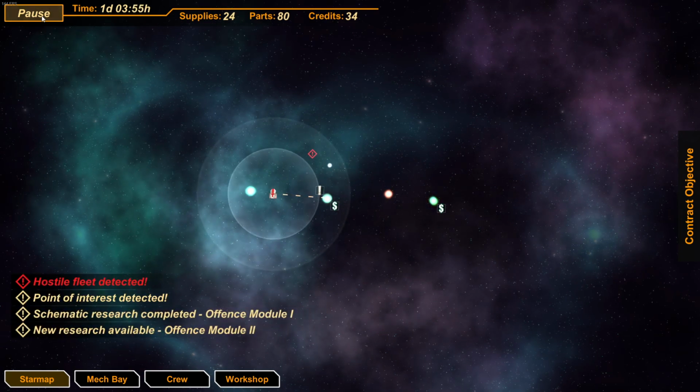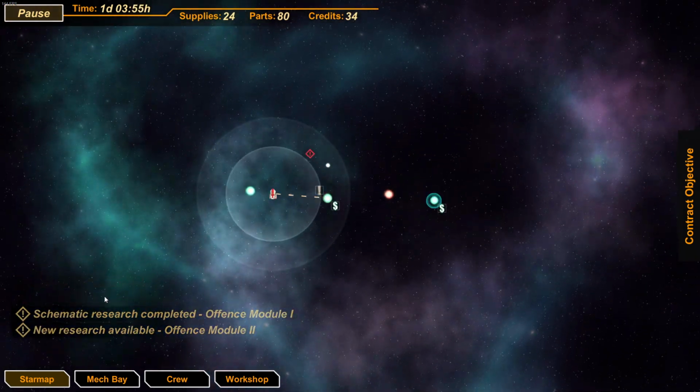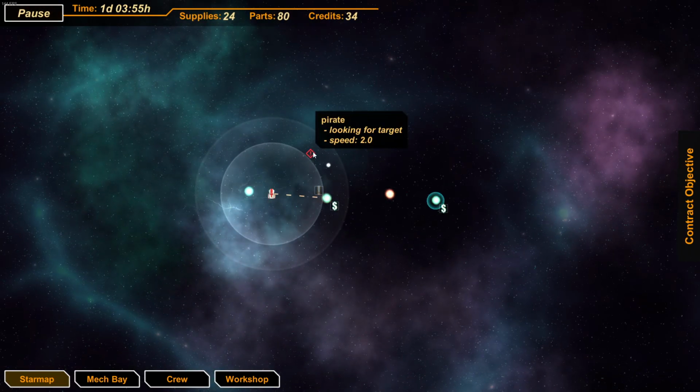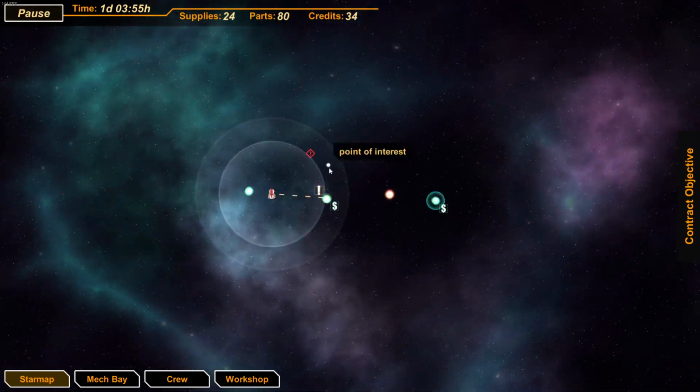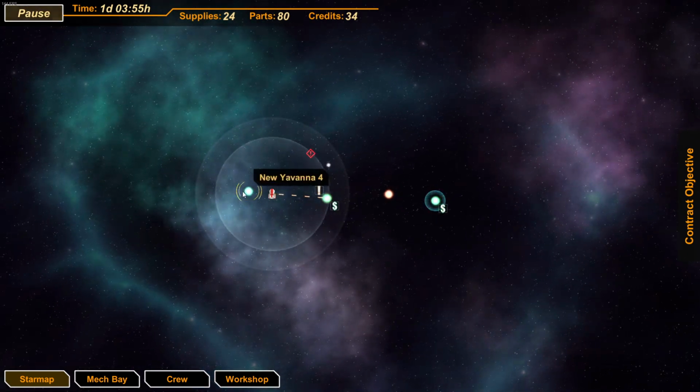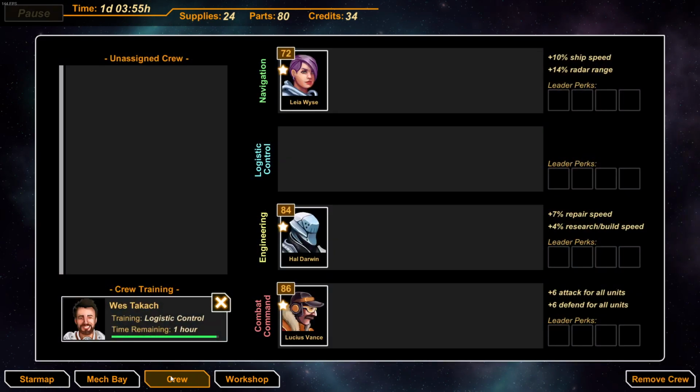Unpause. Whoa, hostile fleet detected. Looking for target, a pirate, speed 2.0. Wow. What is this? A point of interest. Interesting. Okay, let's